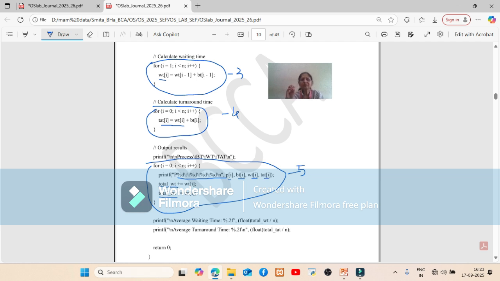So it's very simple. When you try to learn the program, please don't learn it by heart statement by statement. First find out what is there in the program. In this program, there are for loops. How many for loops? 5 for loops. What is the purpose of the first, second, third, fourth and fifth for loop? Once you understand the purpose, you will understand the program and you don't have to learn it by heart. You will write it on your own. So that's all in this video. Thank you.